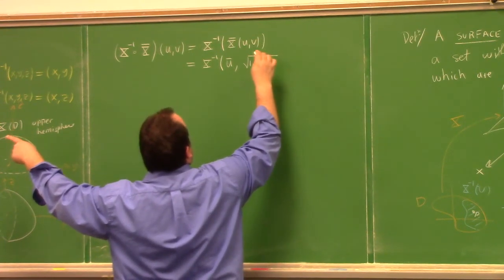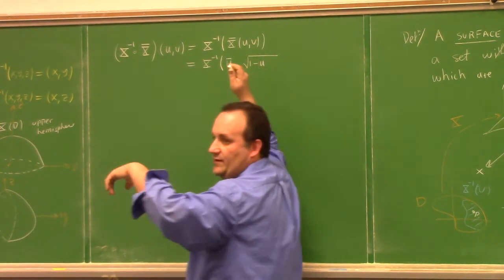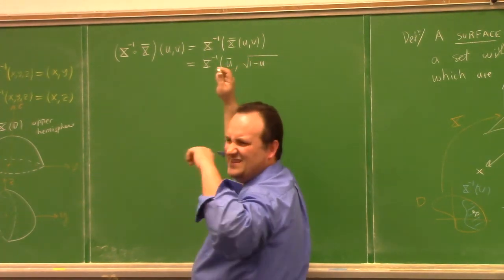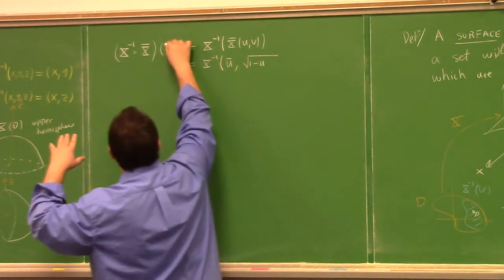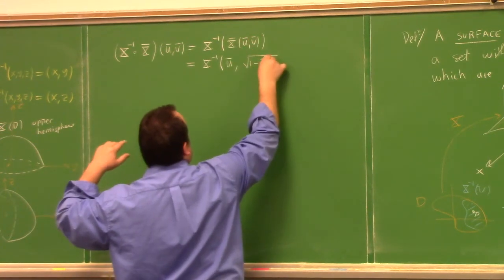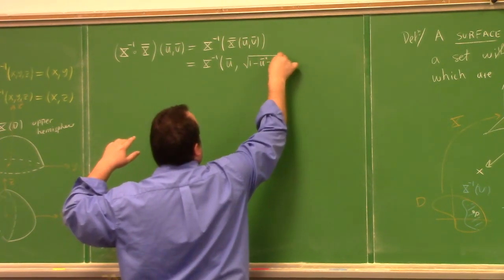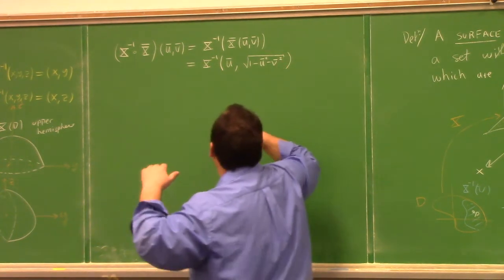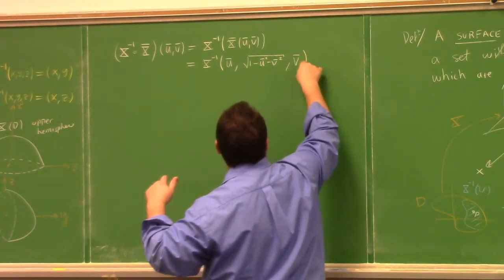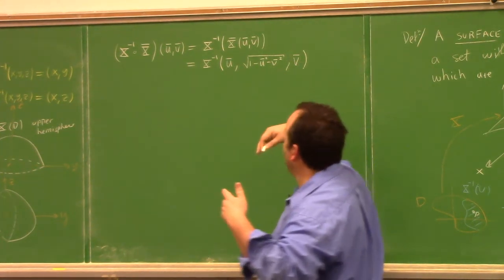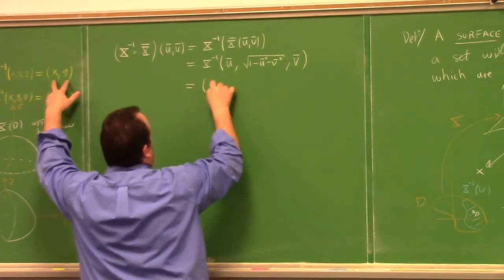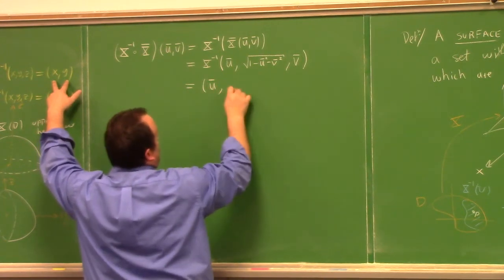Oh, yeah, I would agree with you, but to be fair, I should put u bars here, just to stick with my current notation. Sorry about that. So u bar squared minus v bar squared. Oh, thank you, v bar. Oh, no square in the last one. And then what's x inverse? We just keep whatever's in x, and we keep whatever's in y.